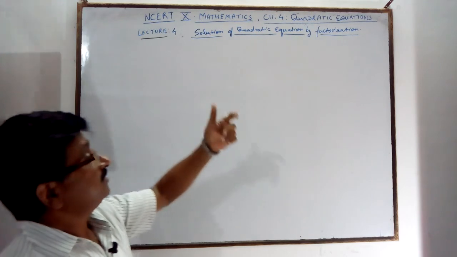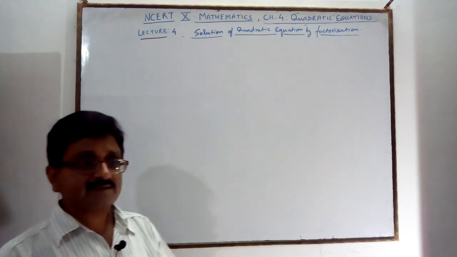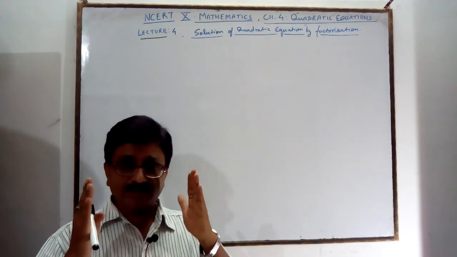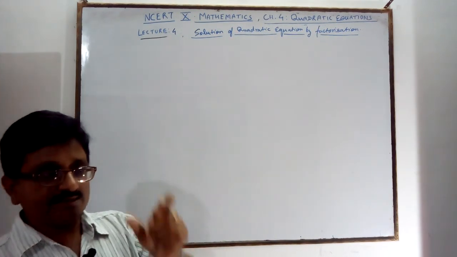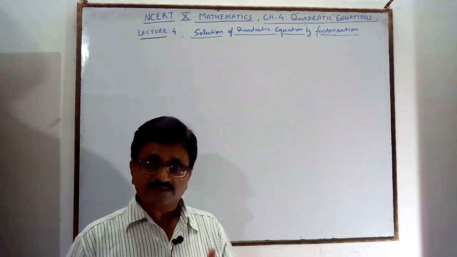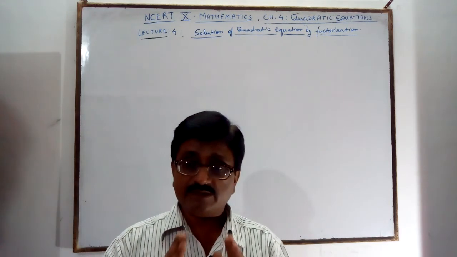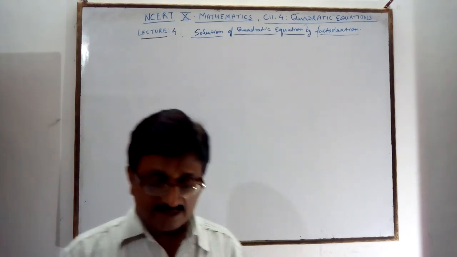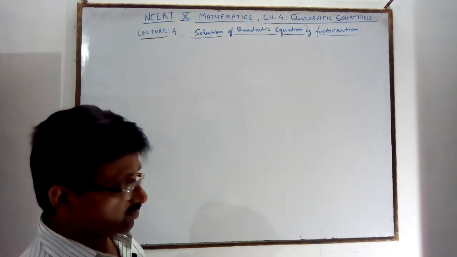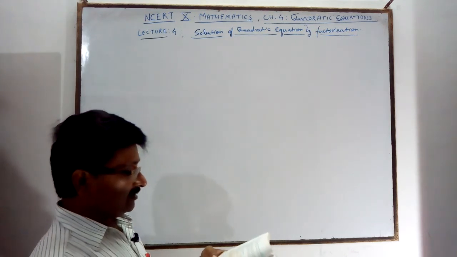Now you will see the solution of the quadratic equation by factorization. And we know in the previous class we factorize the quadratic polynomial. A quadratic polynomial will factorize into linear factors. So you factorize into linear factors, and then you put each linear factor equal to 0 and get the solution. Solution means a value of x. After putting this value of x, your result will be 0, LHS equal to RHS. The value of x which gives you 0 is called the zero, or solution, of this. So find the roots.